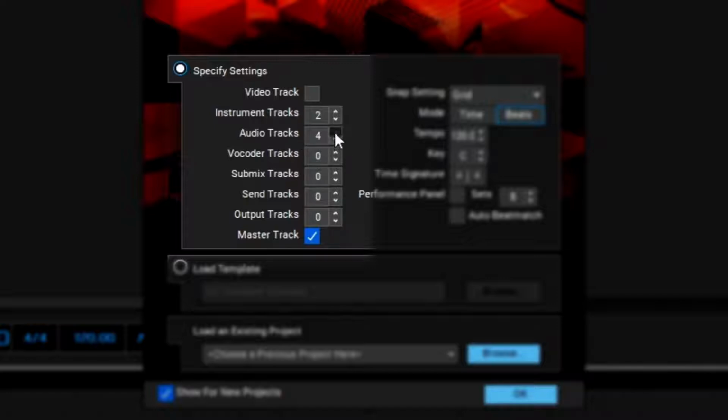In my case, I'm going to use 5 audio tracks, as that should give me enough to record all my guitars and a bass. Below that are a handful of more advanced track types. We won't use any of these because we'll be covering these in later videos. Finally, at the bottom is an option to show or hide the master track. I'm going to leave this checked so we can see the master track inside of our project.